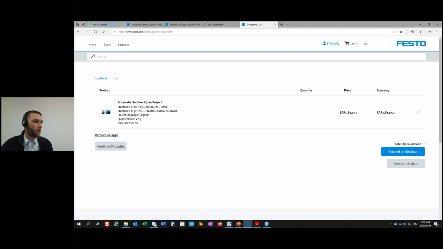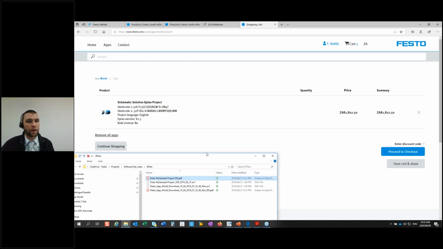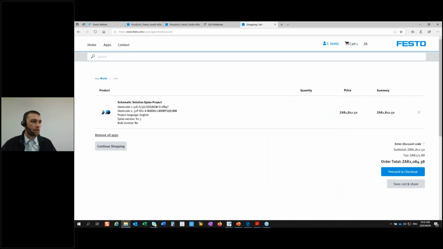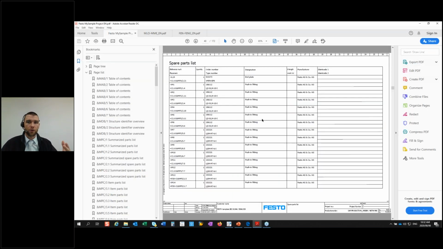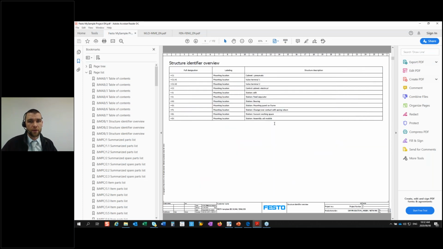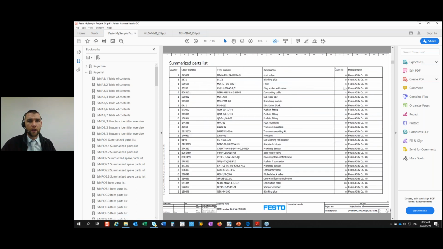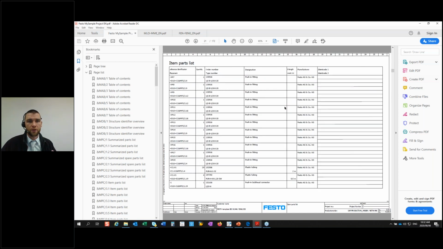So I'll show you, I have downloaded a macro before, so I'll show you basically how this looks. You have the macro, both macro files, and a PDF version of that file that's available for you for that macro. I've opened that PDF on my side just to show you guys how that looks. So on the macro that you receive with the standard templates, you have a BOM, so a table of contents of the entire macro. You have a summarized version of the parts list, everything that's in that valve terminal in